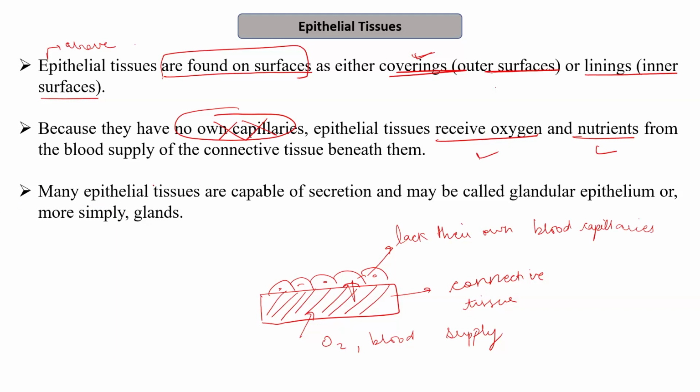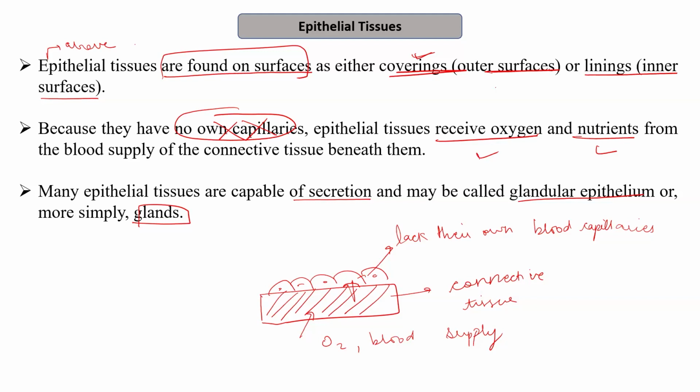them. So many epithelial tissues, as I mentioned, are capable of secretion, and they may be called glandular epithelium, or simply we can call them glands. So glands are nothing but epithelial tissues which are capable of secretion of certain substances that have a particular function. So we will see what glands are and what the further division of glands is also in this lecture. But for now, these are the basic